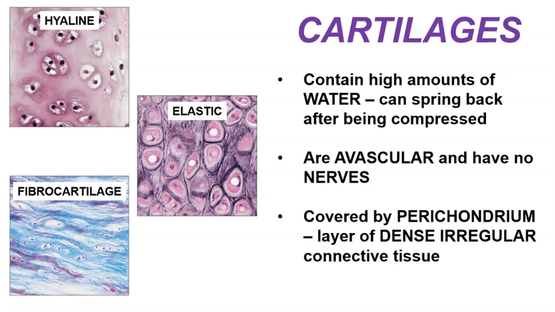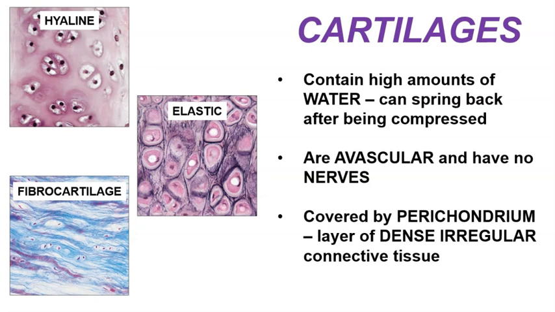So we know that bone is strong, but even living bone tissue is not as flexible as the cartilages are. So the cartilages provide a bone-like strength, but also great flexibility as well. The reason that the cartilages are so flexible is that the chondroitin sulfate, which is a material that's found in the extracellular matrix of cartilage, has the ability to trap a lot of water. And this allows the water in their extracellular matrix to be compressed. So for example, when we put weight-bearing forces on the cartilage, the cartilage will spring back to its